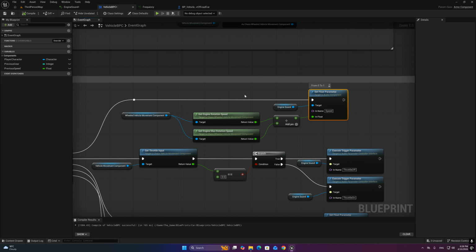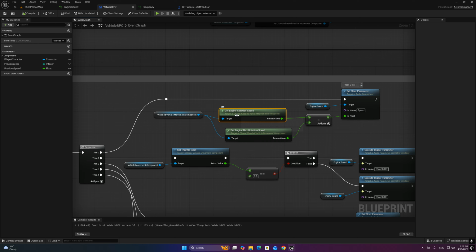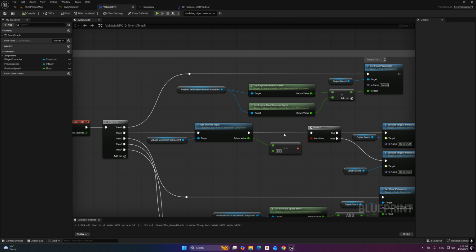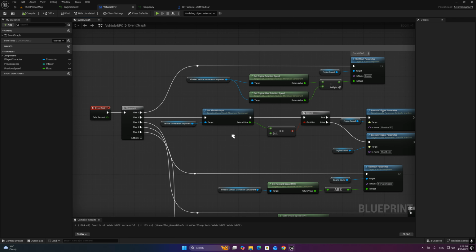It's always from 0 to 1. Why? Because I'm getting the engine rotation speed, and then I'm dividing it by the engine max rotation speed, and it returns a number from 0 to 1. And the next thing is